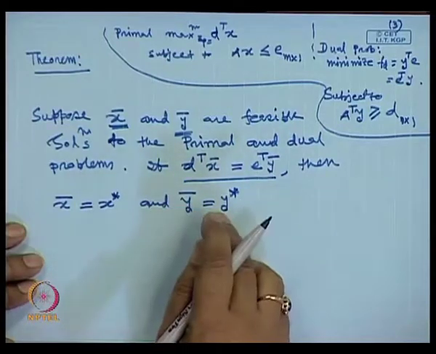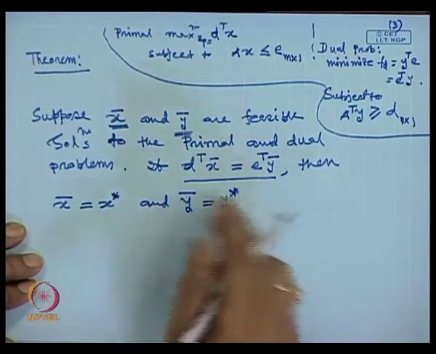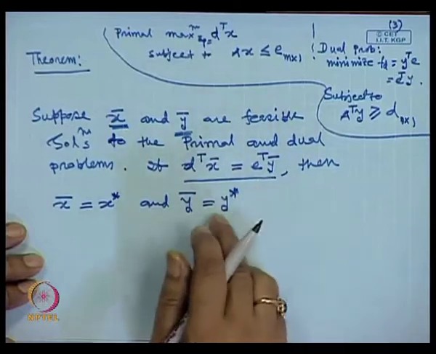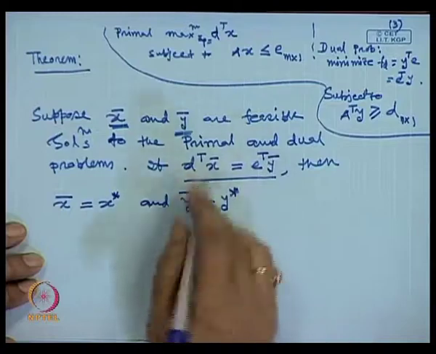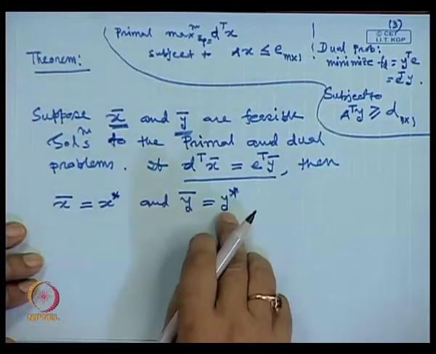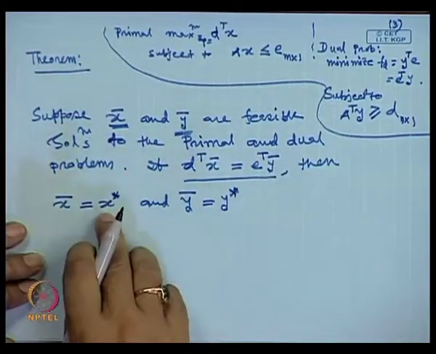That means the optimal solution of the dual problem. If this is equal to this, this indicates this is the optimal point of the dual, and this is the optimal point of the